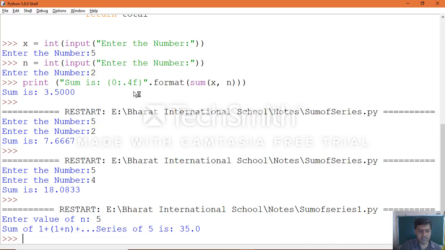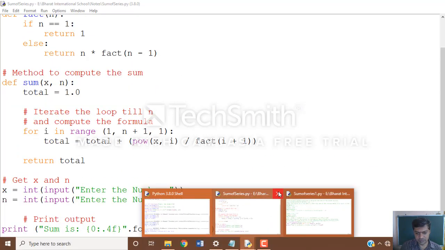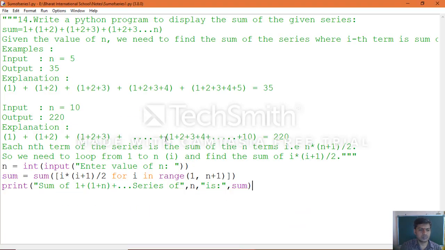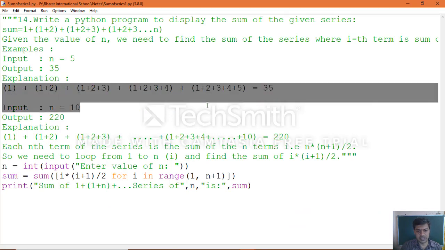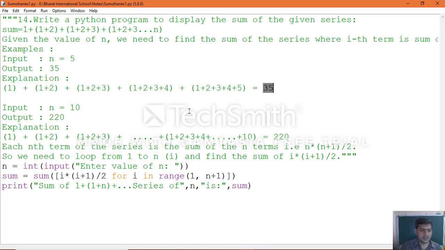Okay, so that is how you will get the result of the sum of the series, and you can see clearly the pattern of how it takes place. So this is the series; the calculation gives the result 35. If you give n equal to 10, then 220.